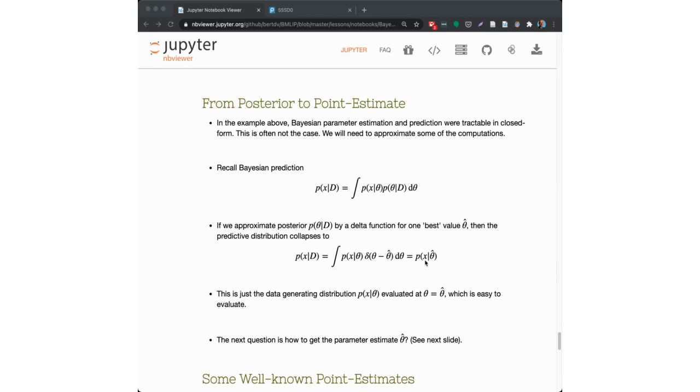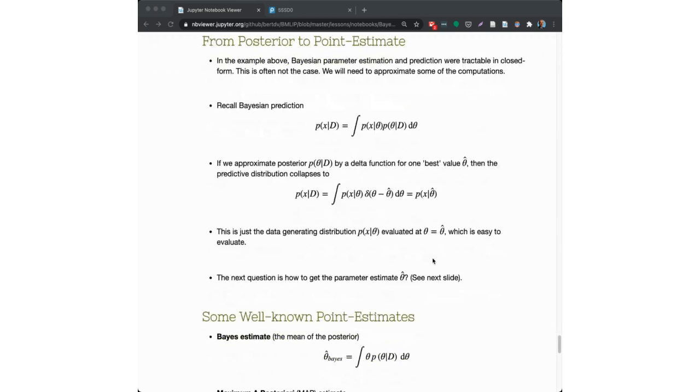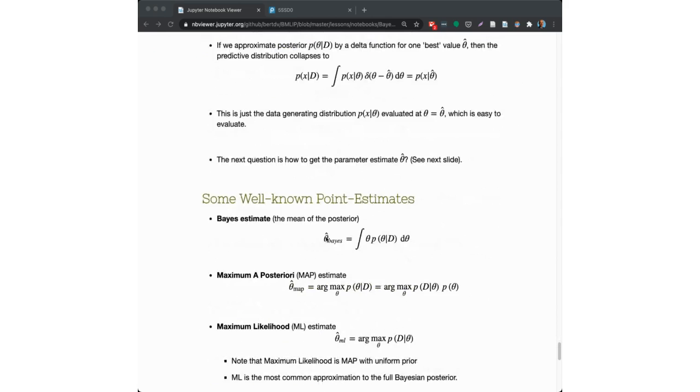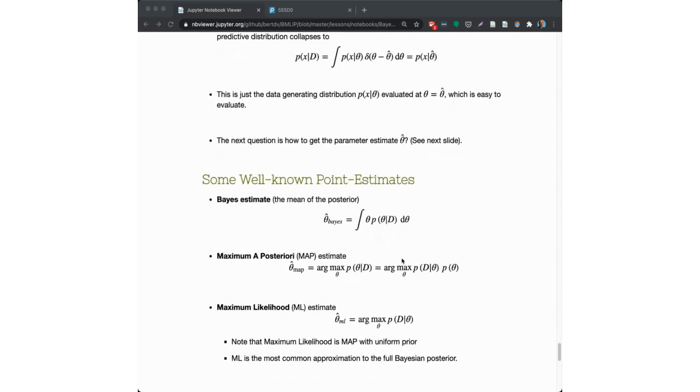And so maximum likelihood is a particular choice for theta hat. There are other choices, right? I can have any kind of function, and I can take the mean, the mode, I can do whatever. One way to choose theta hat is just to take the mean. This is the mean of the posterior. Another way is to take the maximum of the posterior. That's called the MAP estimate, the maximum a posteriori estimate. And if this posterior is a Gaussian distribution, they would be the same.